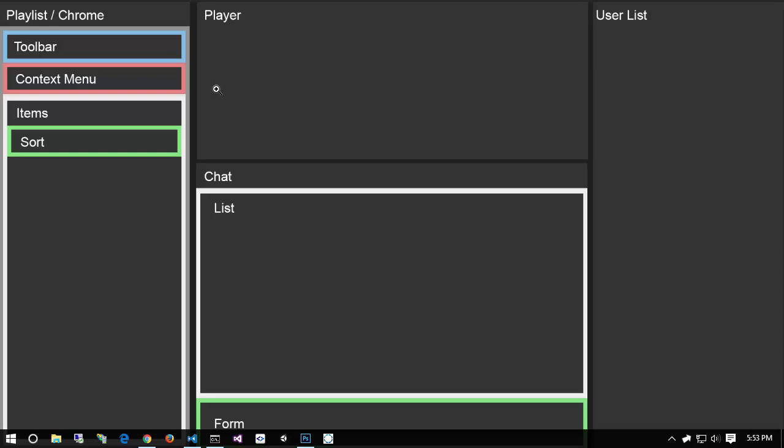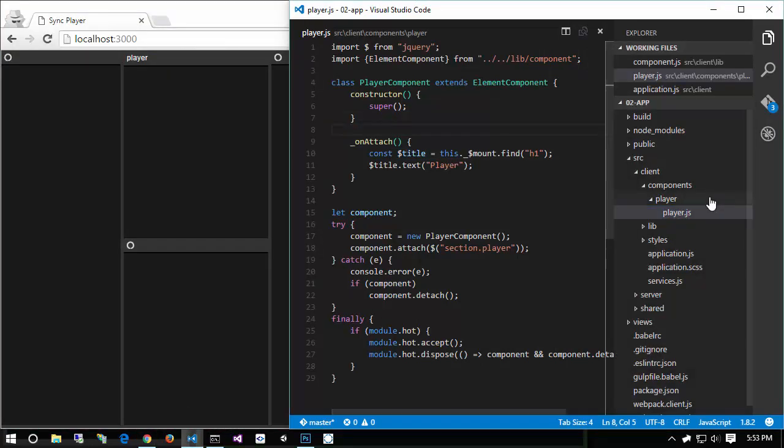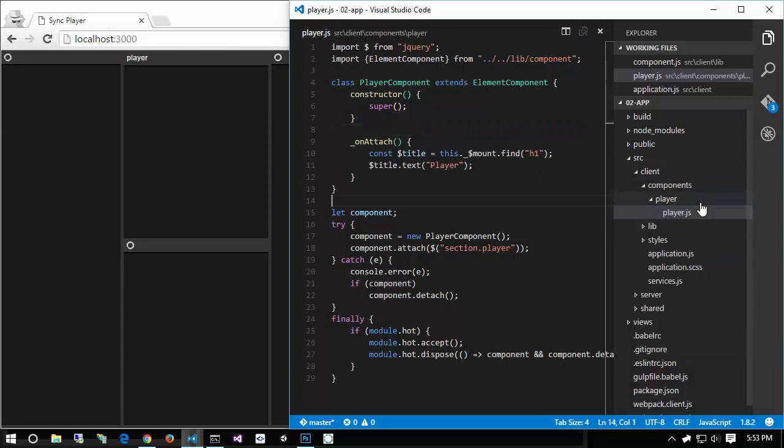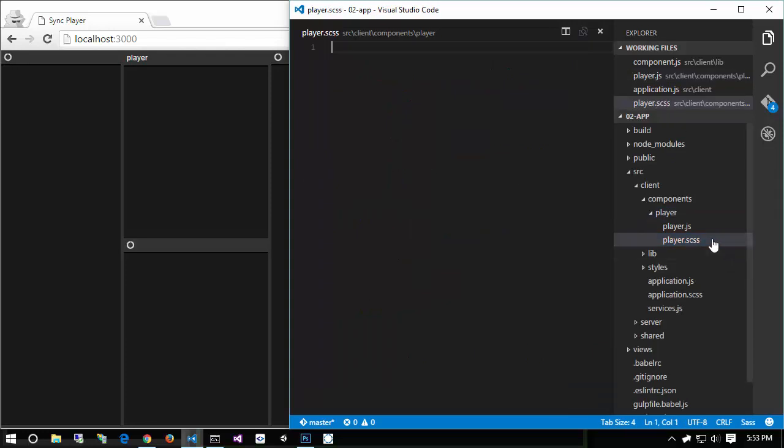All right, so we've stubbed out the player. Let's stub out the user list. That's another simple component. So jumping back over here, let's open up our Solution Explorer. Actually, before we create another folder, I do want to stub out one more file with the player.js, and that is our styles. I'm going to write a player.scss, just an empty Sass file, and I'm going to go back up to player.js,